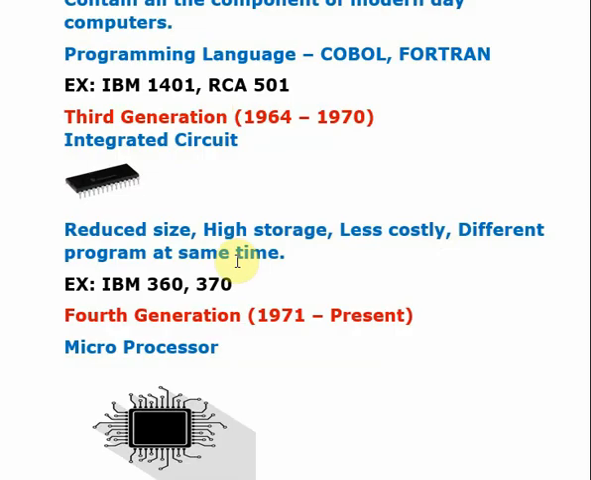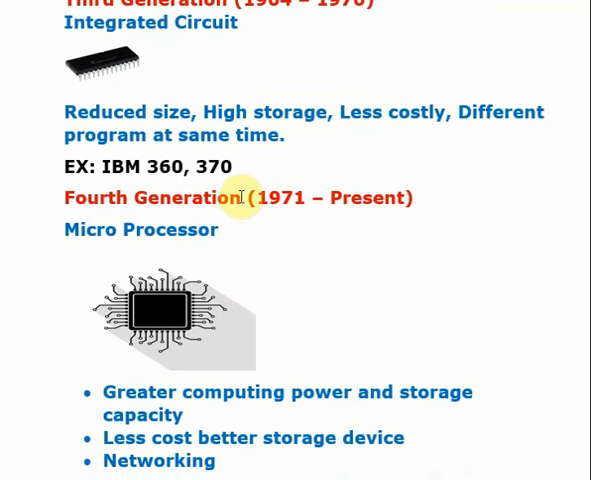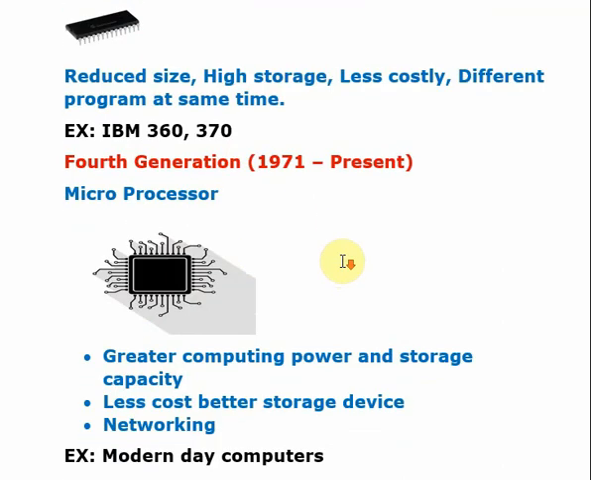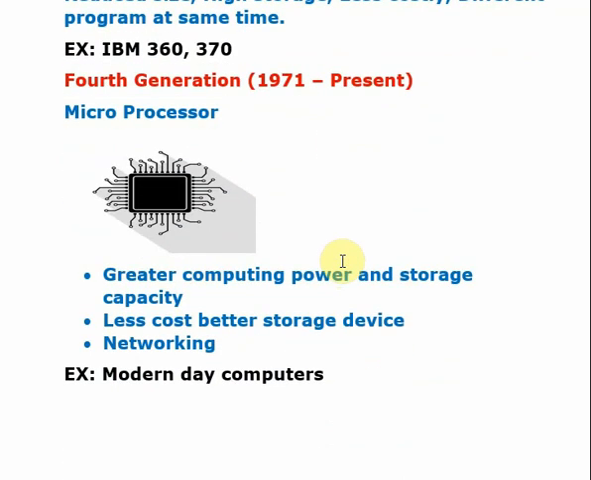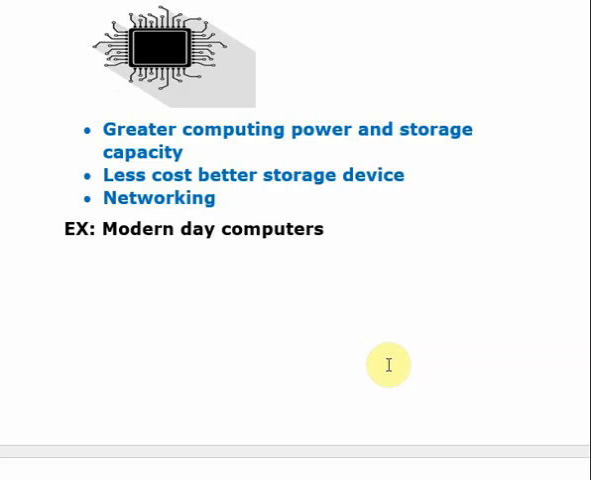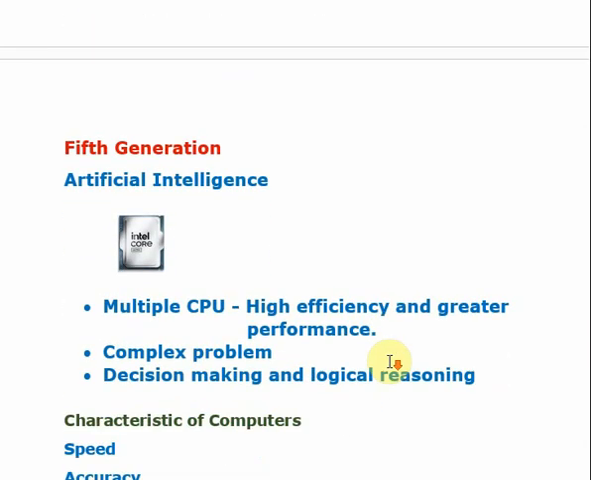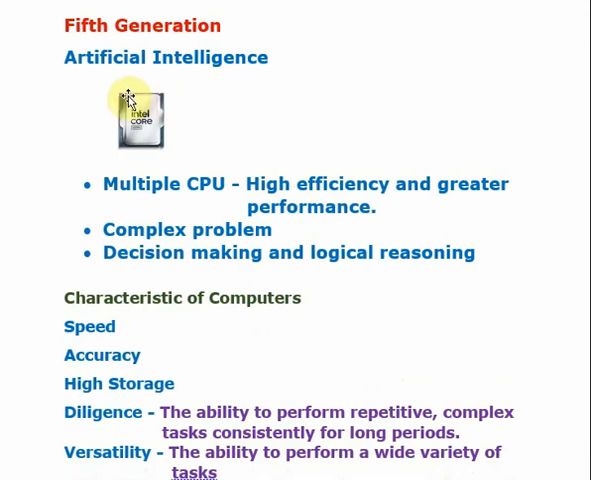Now we are using the microprocessor concept. So as you see the fourth generation, you should be able to match with this picture, right. Great computing power and storage capacity, less cost, better storage devices, right. Cost is less but better storage devices. Here only they introduced the networking concept. Computers can be interconnected together. Example, modern day computers. So once you come to the fifth generation, here also the CPU concept is there, but